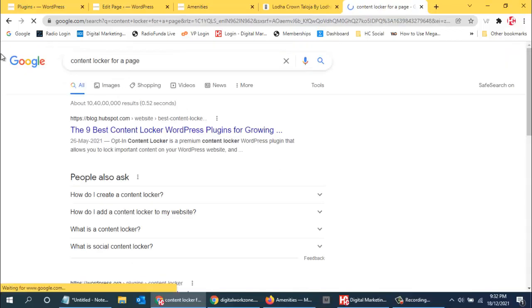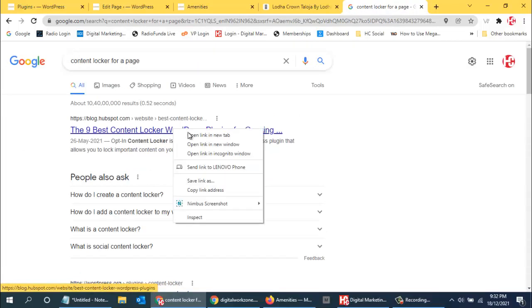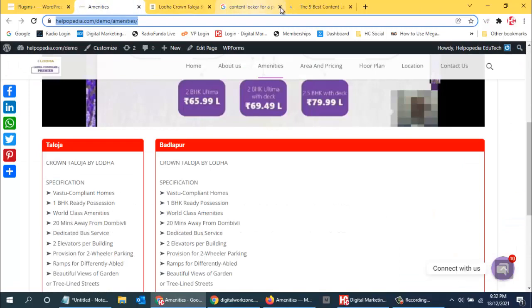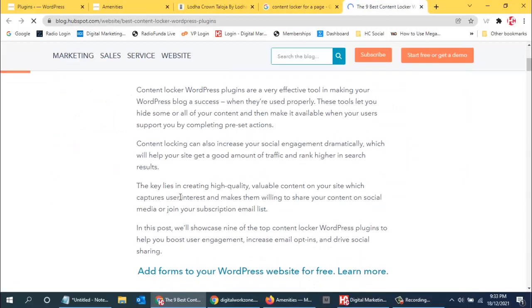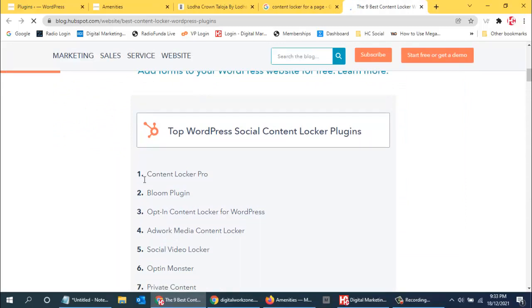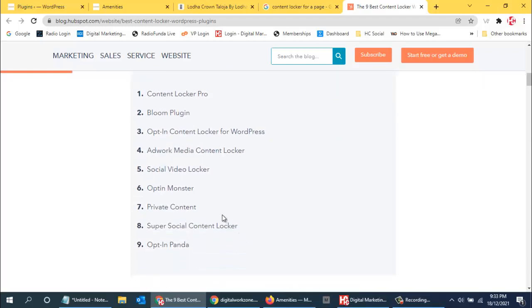Okay, let us see the plugins which these people are showing. Content Locker Pro, Bloom plugin, opt-in Content Locker for WordPress, AdWord Media Content Locker, Social Video Locker, opt-in Monster, Private Content, Super Social Content Locker, and opt-in Panda.